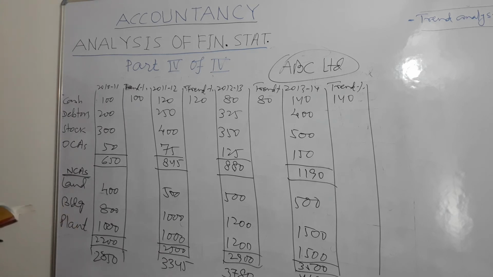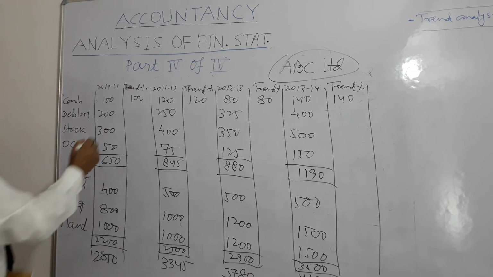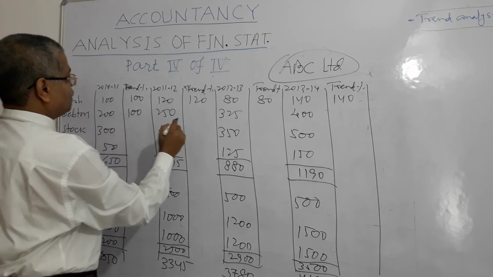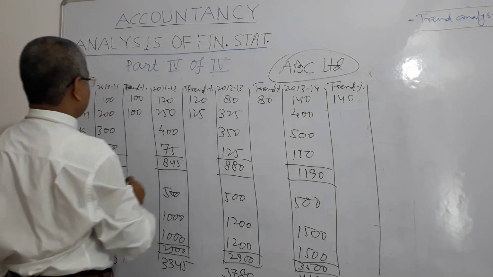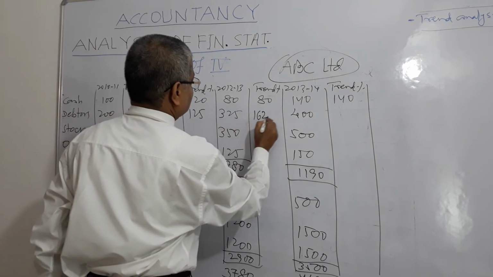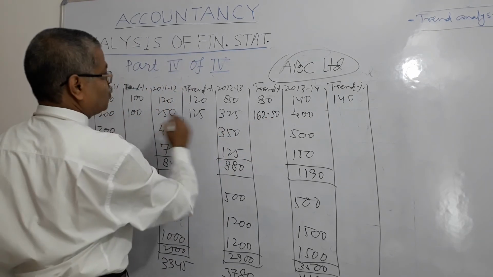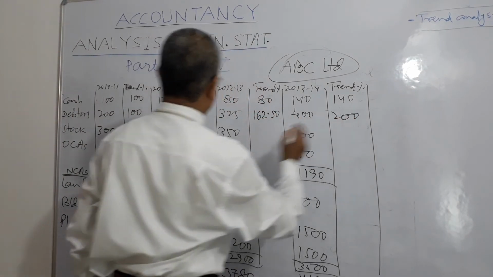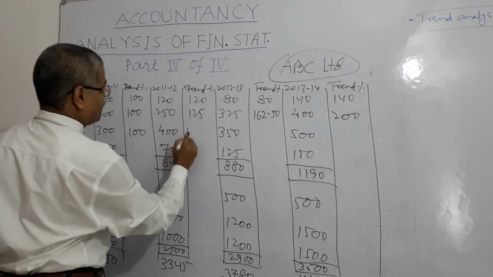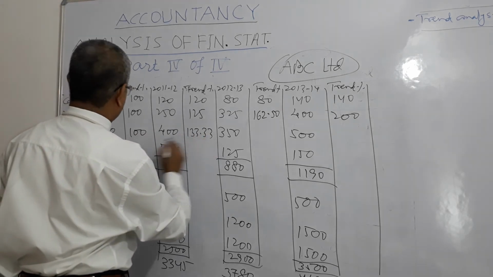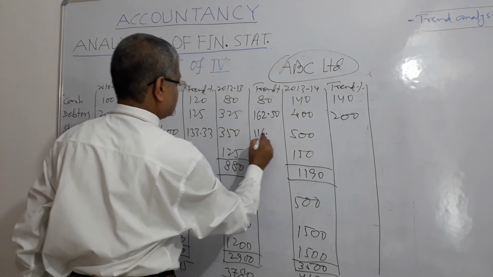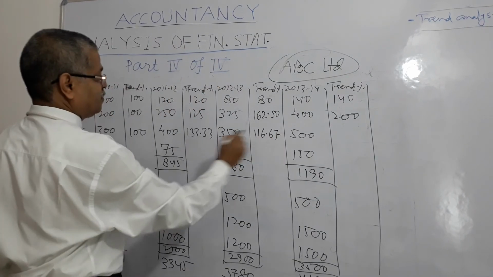Okay? Debtors. Debtors 200. It means it is 100%. It is the base year. From 200 it becomes 250, means 125. From 200 it becomes 325, 162.50. From 200 it becomes 400, means 200. Then 300 is equal to 100 and 300 becomes 400, so 133.33. 300 becomes 350, 116.67. 300 becomes 500,